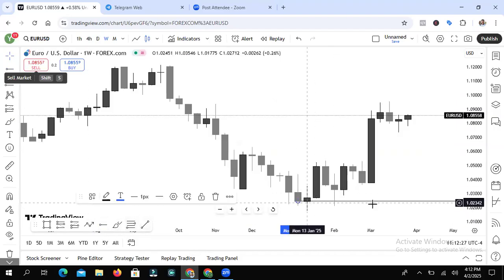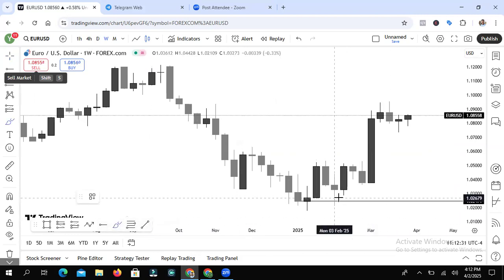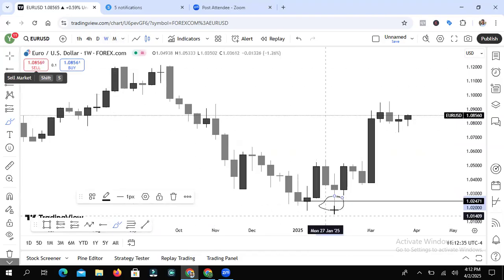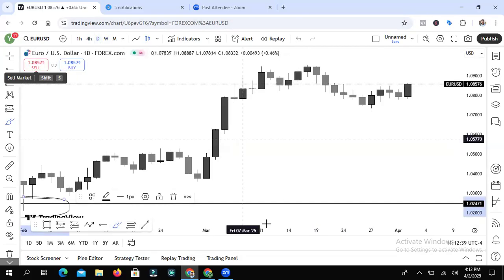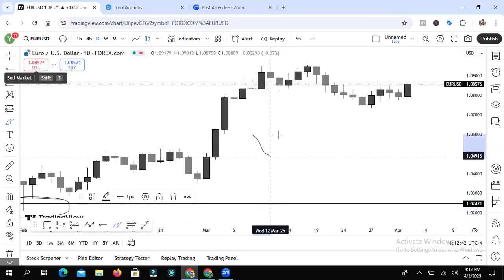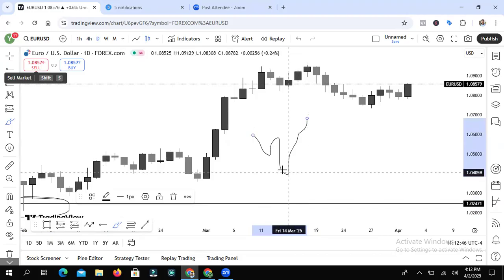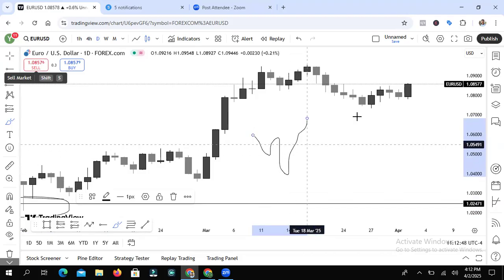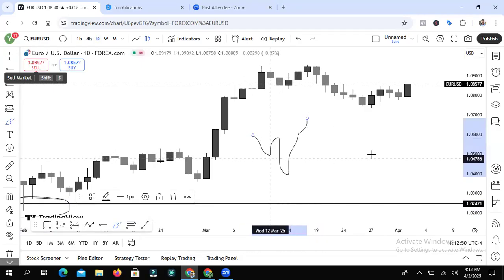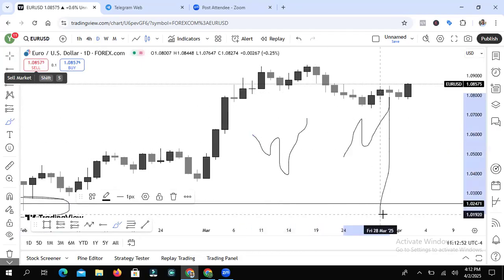Coming into this week, if you are to trade this particular week, I said you want to look for a rejection of a key level right here. You understand? This is the weekly time frame. The next thing you want to do is move one time frame lower to the daily time frame. What do you want to see? I said a rejection on the weekly should give you a liquidity sweep and a break of structure. If you want to buy, this is what you will see. If you want to sell, this is how it will look.